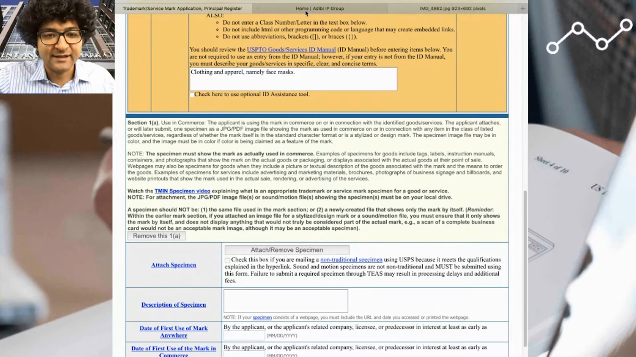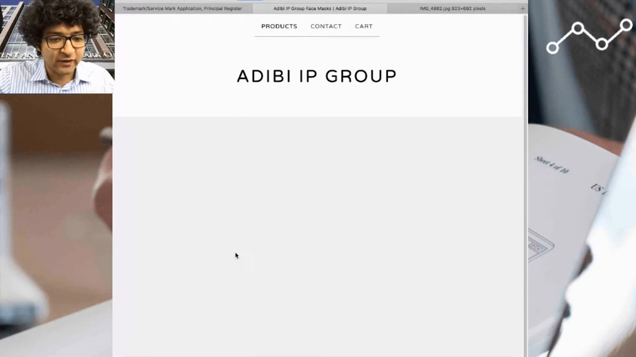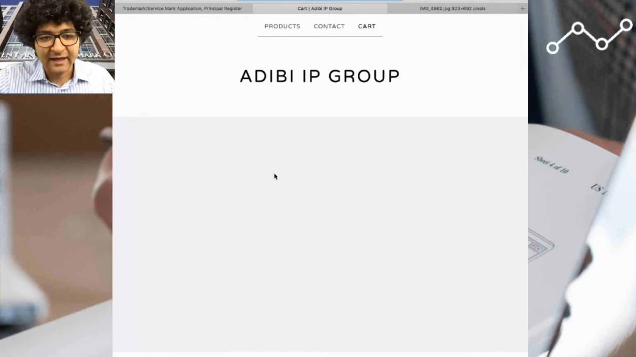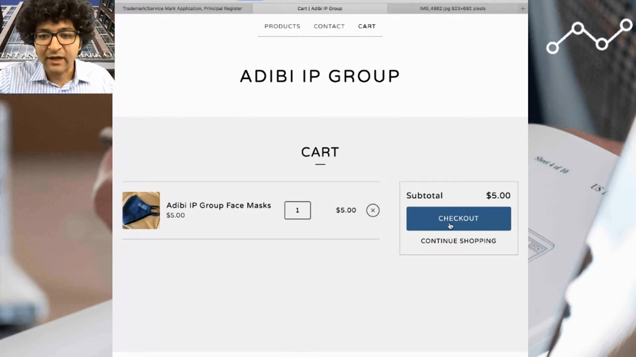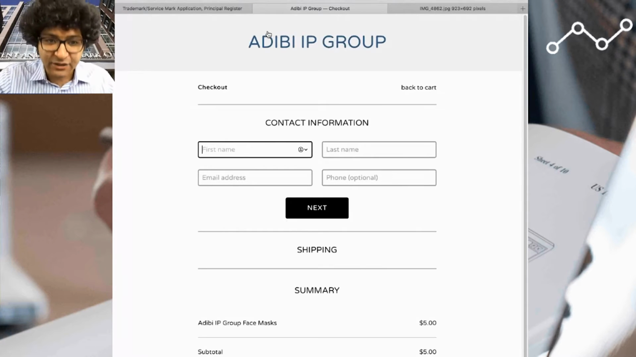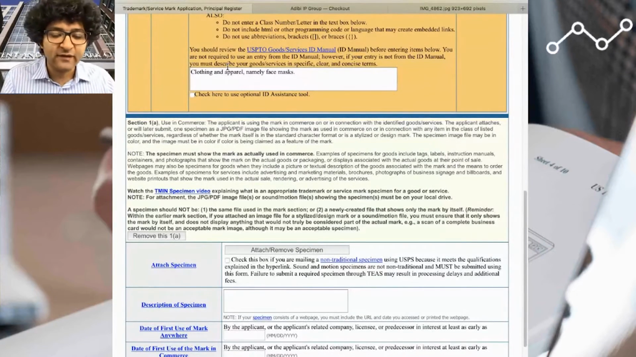So for example, as I showed you here, these are readily available. You can actually purchase these, add to cart, and proceed to purchase, checkout, right? So this would be an actual use application. Now, intent to use is really good if you are thinking about using a logo to sell your clothing brand,